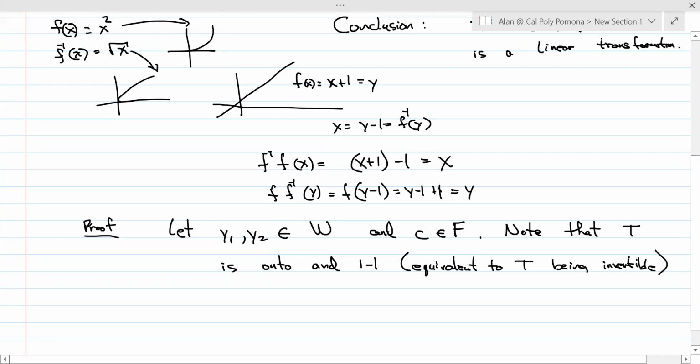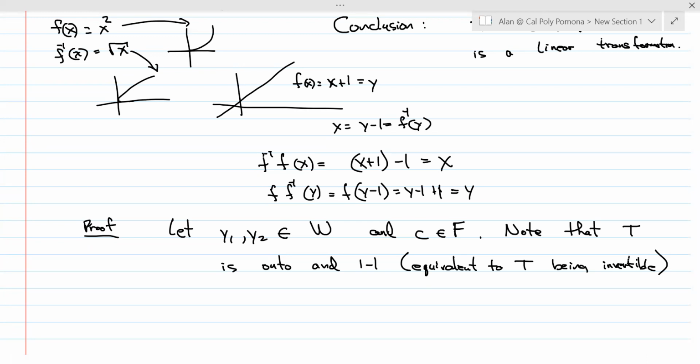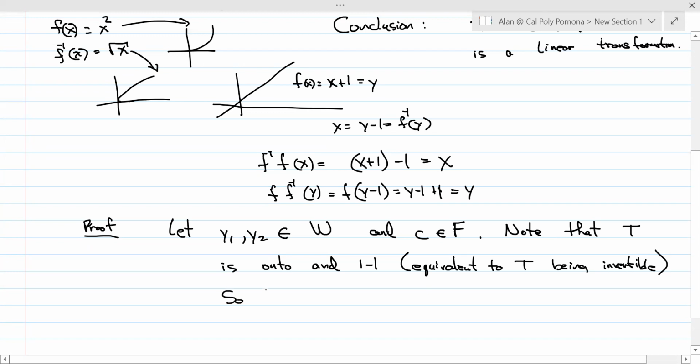Then there exist unique vectors x1 and x2 such that this happens. So there exist unique